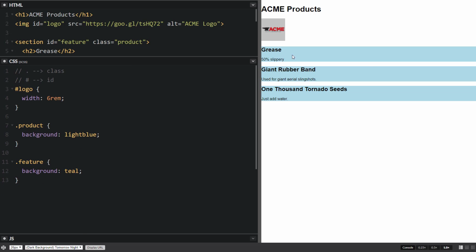Now, notice that nothing changed over here, it went back to how the rest of them are, because now this is an ID. So you have to change this to a #. When it's a #, it's for IDs. So now the feature is going to override whatever the class is. Not all the stuff, but just the stuff that is alike. They both have background in them, so this one's going to overwrite the product. IDs always have a higher precedence than class. They trump them. Now I can put it at the bottom, I can put it at the top, and it doesn't matter